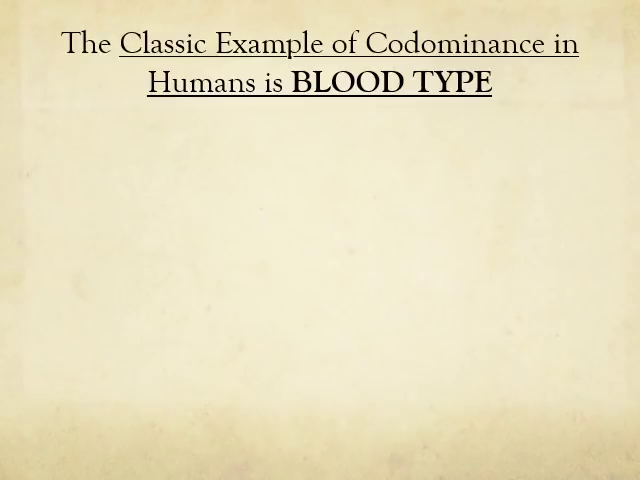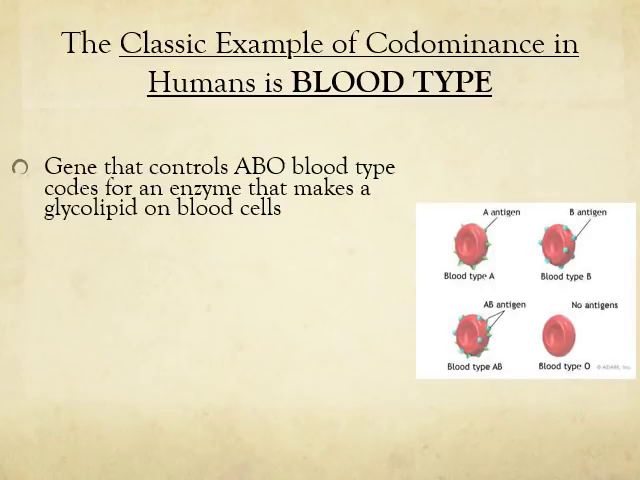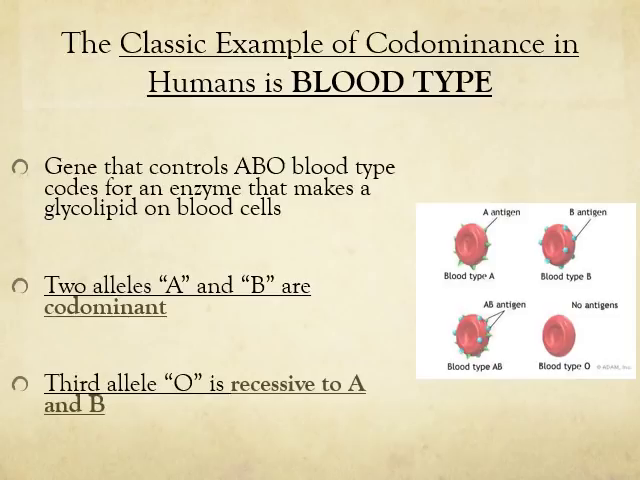Now, the classic example of co-dominance in humans is our blood type. For example, the gene that controls the A, B, or O blood type codes for an enzyme that makes glycolipids on the blood cell. So as you can see here, we have different lipids or proteins found on the surface of the blood. The two alleles A and B are codominant, whereas the third allele, O, is recessive to both